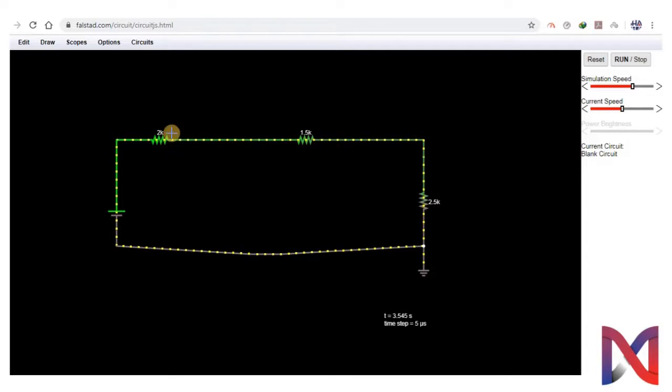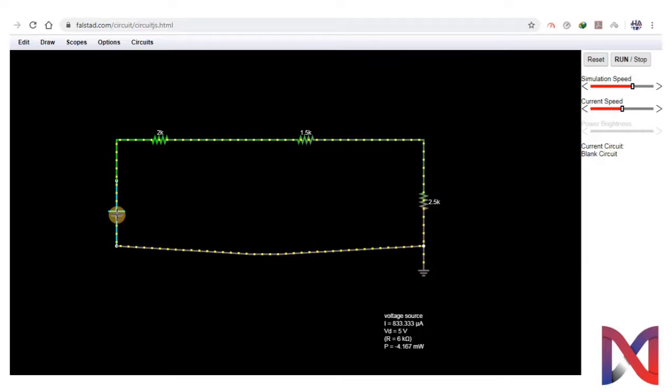It will be 2 kilo ohm plus 1.5 kilo ohm plus 2.5 kilo ohm, which is equal to 6 kilo ohms.